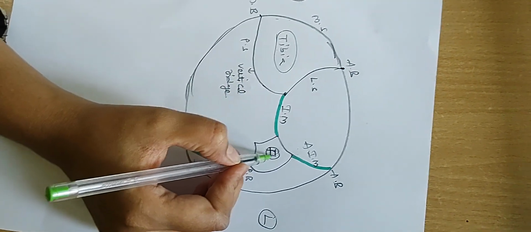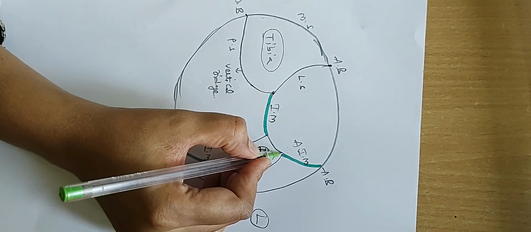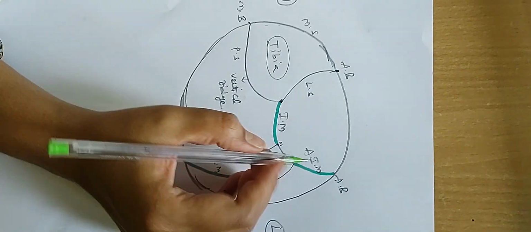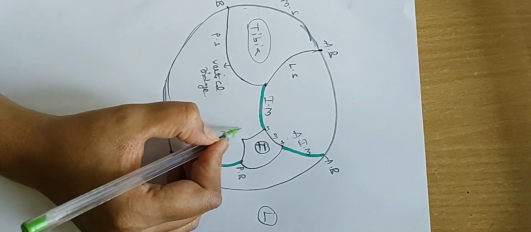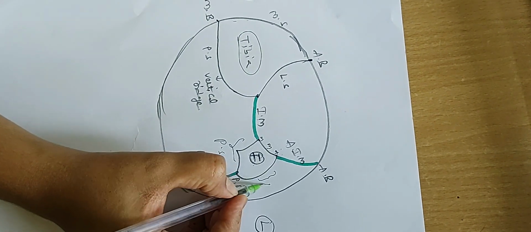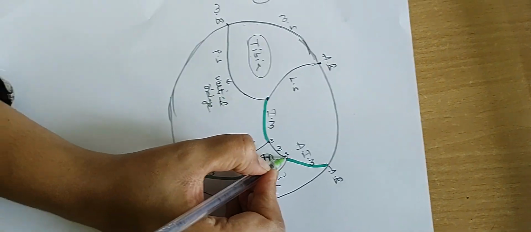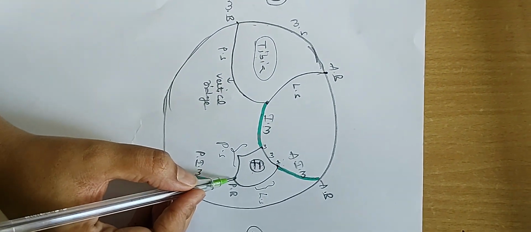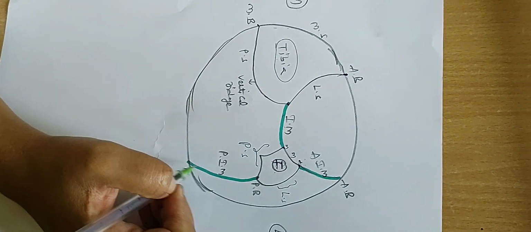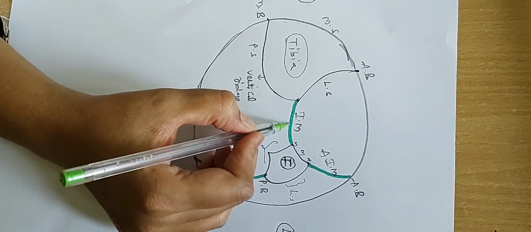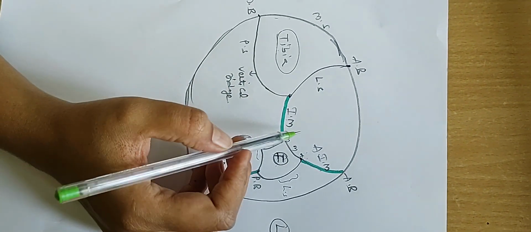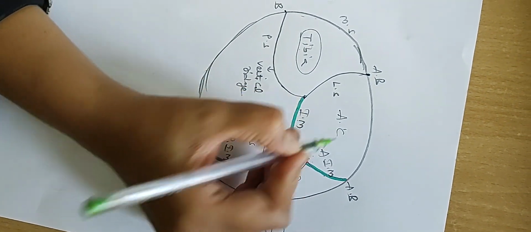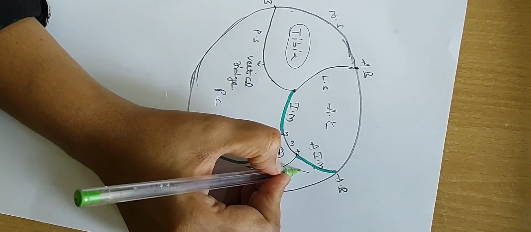If you see the fibula, we have the anterior border and the posterior border. This is the medial surface, all this is the posterior surface, and here we have the lateral surface. Along the anterior border the anterior intramuscular septum is attached, and along the posterior border the posterior intramuscular septum is attached. These two septums along with the interosseous membrane divide the leg into three compartments: anterior, posterior and lateral.